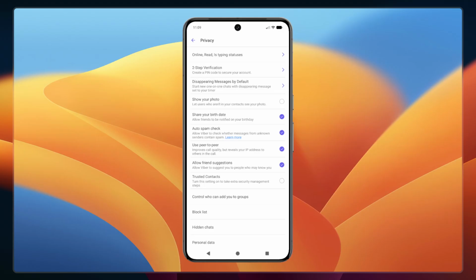Here you'll see an option labeled Show Your Photo. When you tap on it, you'll notice a radio button beside it becomes checked. This means you've enabled the option and your profile photo will now be visible to other Viber users. This is useful if you want people to easily recognize you when they receive messages from you or see your